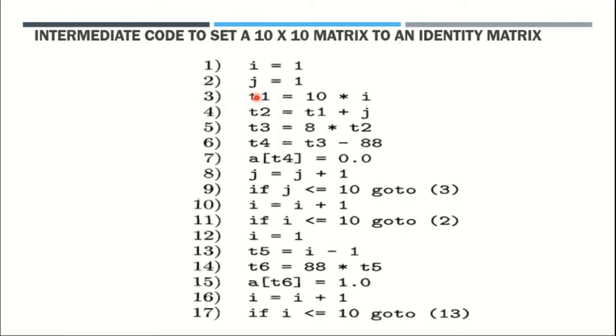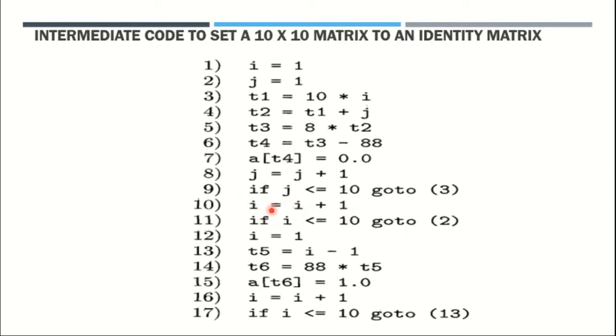Block 3 starts from the third instruction, and the fourth instruction, 5, 6, 7, 8 are also part of it. These are not having any conditional or unconditional branching statement. So that's why the third block is starting from the third instruction up to the ninth instruction, and the 10th one is block 4. Why? Because after any conditional or unconditional branching statement, the next statement is also treated as a leader. So that's why the 10th statement is also a leader, and this is block 4.